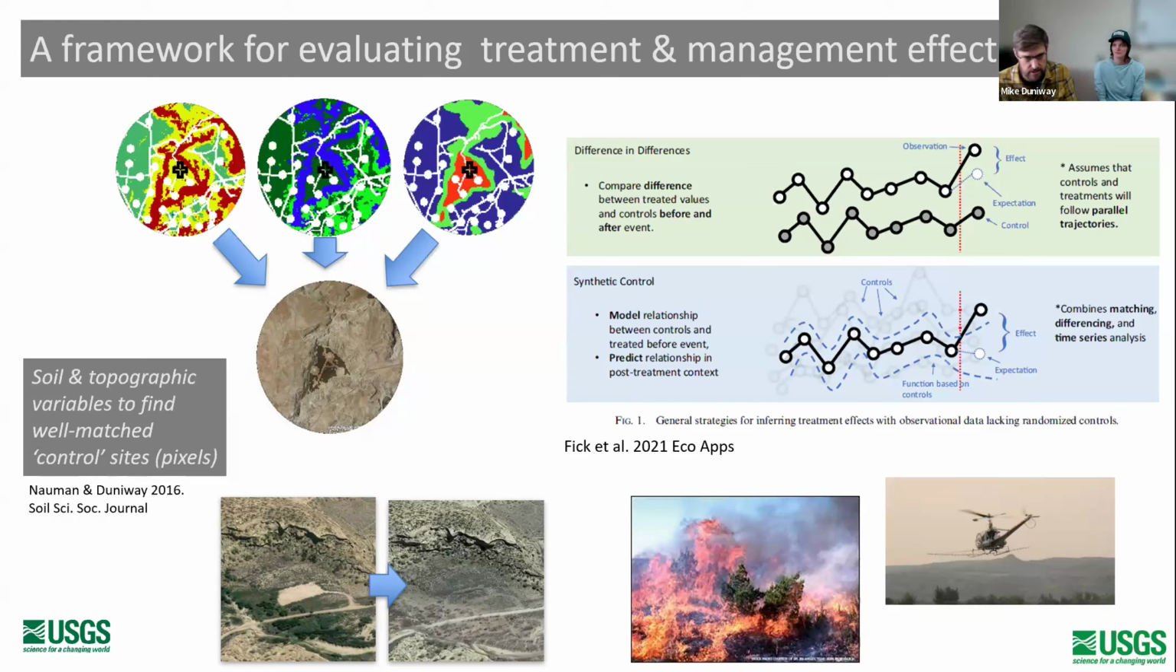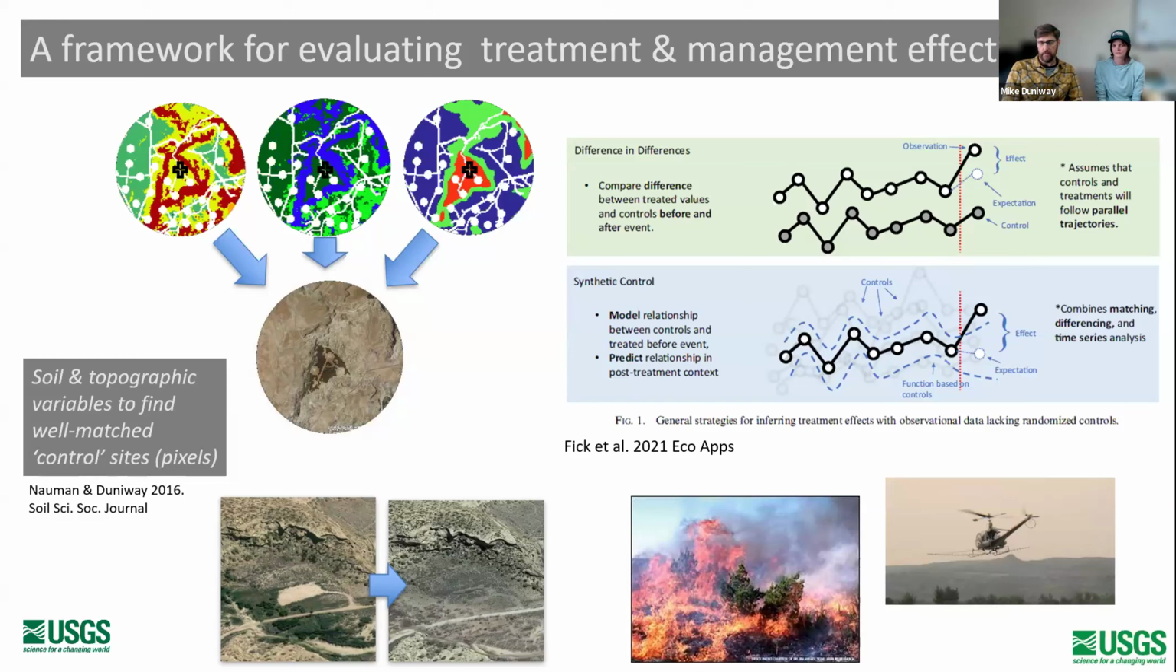So we had a paper in Soil Science Society of America in 2016 where we first introduced this automated reference tool, where it really takes all the information we get from the best available soil maps and topographic maps to pick out well-matched controls. And then subsequently, we've been leveraging some of the